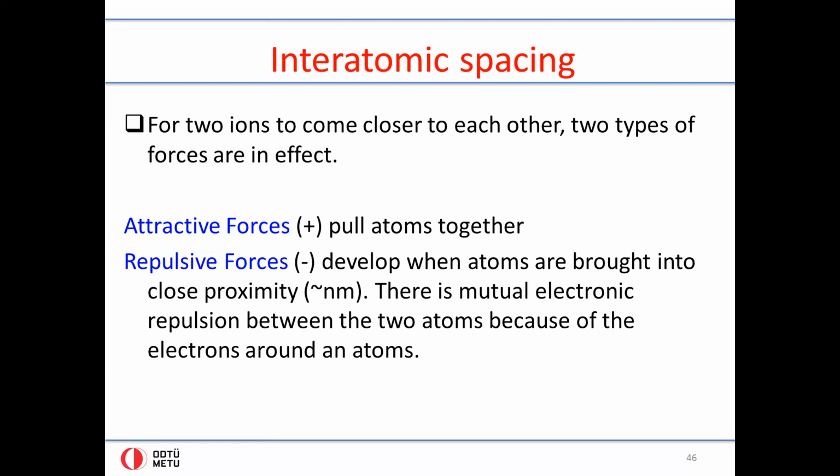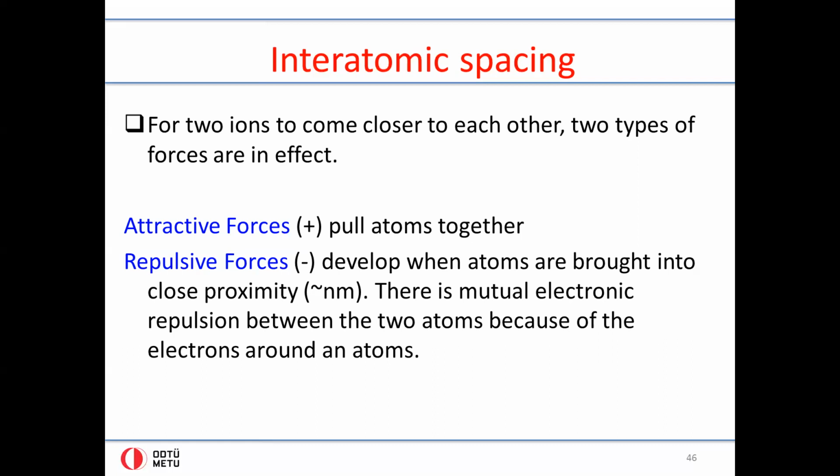So here, the attractive forces are defined as positive, and repulsive forces as negative. Now, this is not tremendously important, but it is important to see that they act in different directions. Repulsive forces pull apart the atoms, whereas attractive forces pull together the atoms. So by definition, the signs have to be opposite each other. Now, the repulsive forces develop essentially when the distance between the atoms is very, very small, or